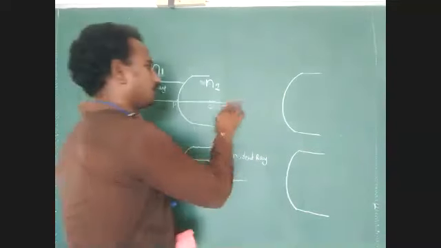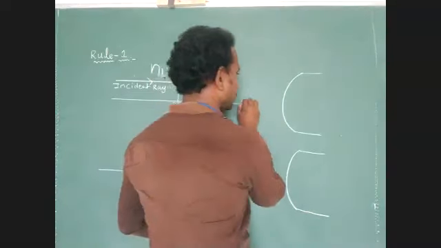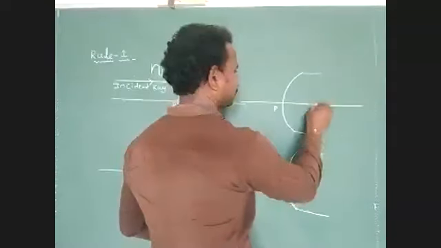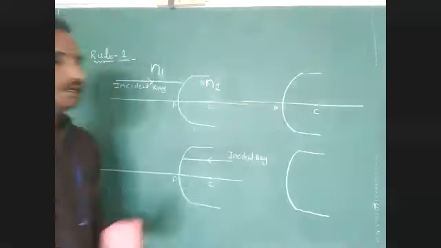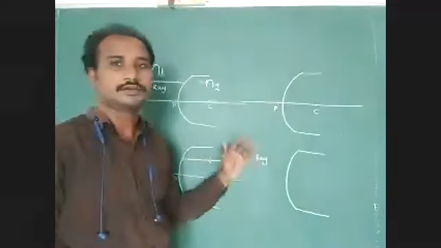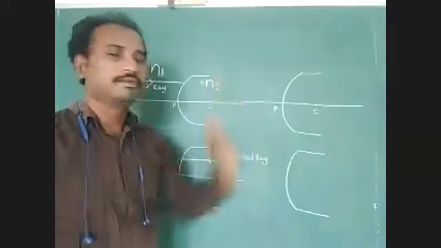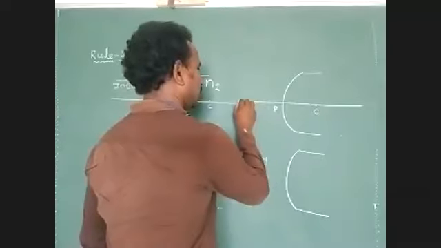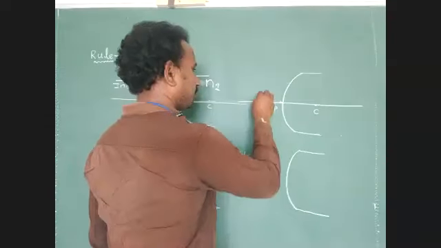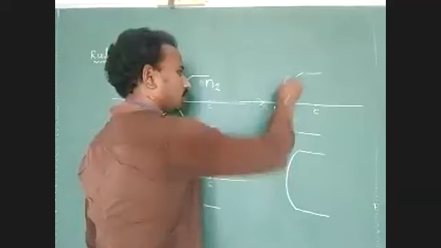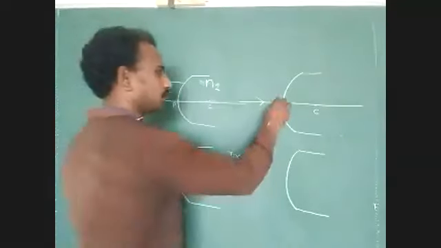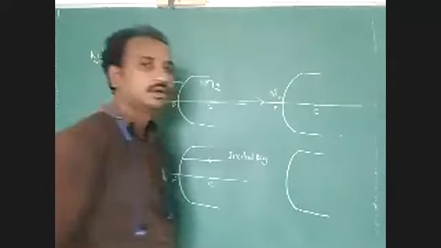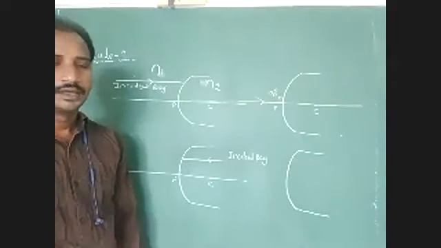Okay, now we have to represent this reference line. The reference line is passing through the pole and center of curvature. The center of curvature, generally we consider inside this medium. Now imagine the incident ray. The incident ray is perpendicular to the refracting surface. What is that direction? The incident ray makes 90 degrees with respect to the refracting surface.